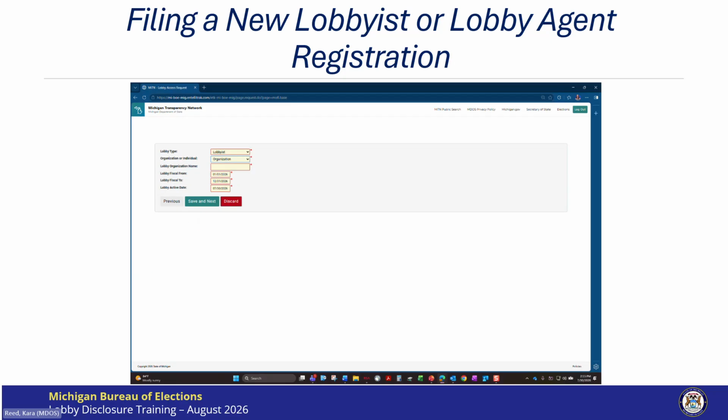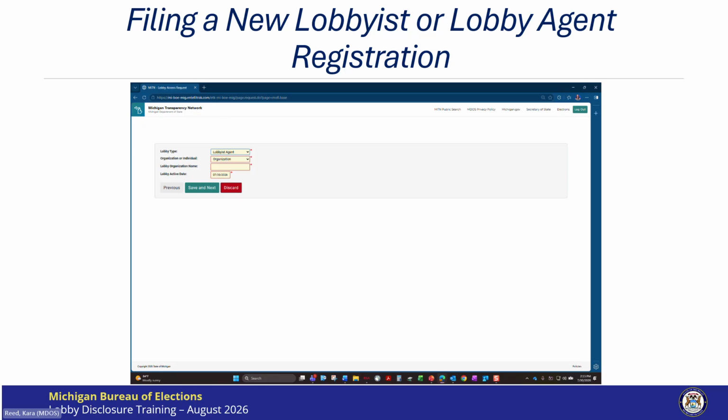It is statutorily required for a lobbyist to disclose the fiscal year for their registration. I'm going to change my lobby type to lobbyist agent, and you will see these additional fields are no longer visible. This is because a fiscal year is not statutorily required for an agent to disclose.